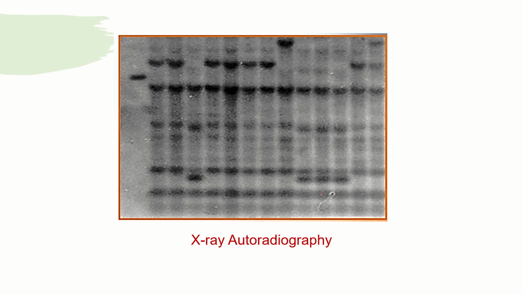Now this is real data where 13 cultivars of the same plant species have been compared. You can see this is the final X-ray of those bands, and easily you can correlate. See here the band is missing. In all these the band is missing. Then similarly here the band is displaced, right? In these also the band is displaced.